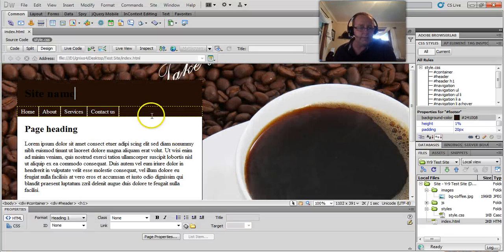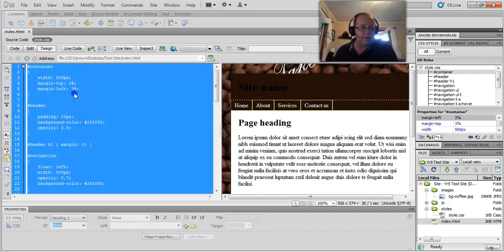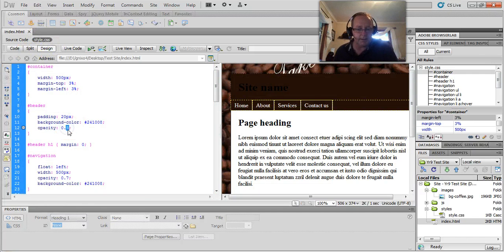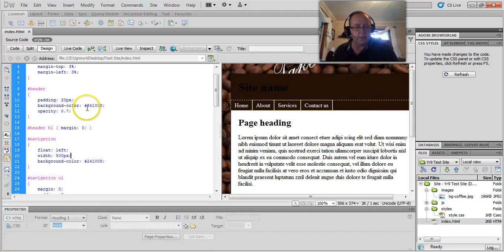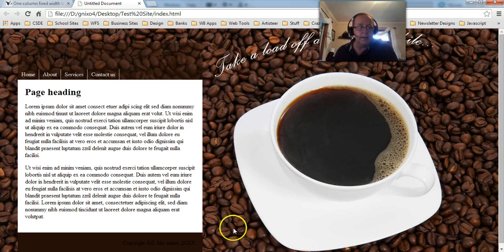I'll come back to Dreamweaver and go back into my style CSS, and I had it at 0.5. Let's up it a bit to 0.7. Must have set that one. It's in there by mistake. We'll get rid of that one. That was in our navigation. We'll press Control-S. Let's go back out now to our browser file, and we'll just refresh that and see what